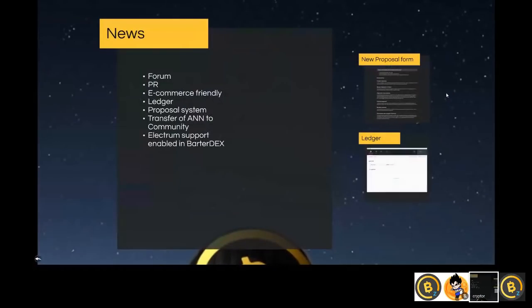We're going to go to news. What we've done, a few of the things that have come up